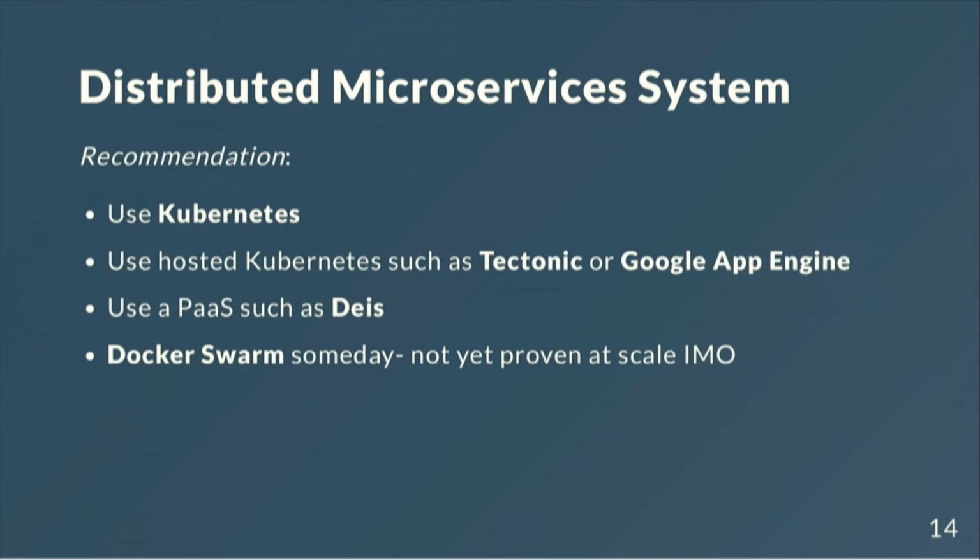also you can use Kubernetes in hosted platforms such as Tectonic or Google Container Engine, on top of which is built Google App Engine, which will also do all this stuff and work quite well. You can use other Kubernetes-based platforms as a service, such as Deis, which has a really nice developer workflow that's similar to Heroku. It's really nice to use. Maybe someday the new Docker Swarm will be ready for this, but I think it's just too new at this stage. We don't know how it's going to scale to this level of complexity, but presumably that's what